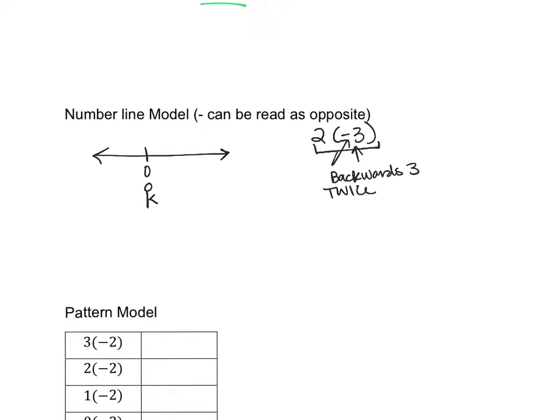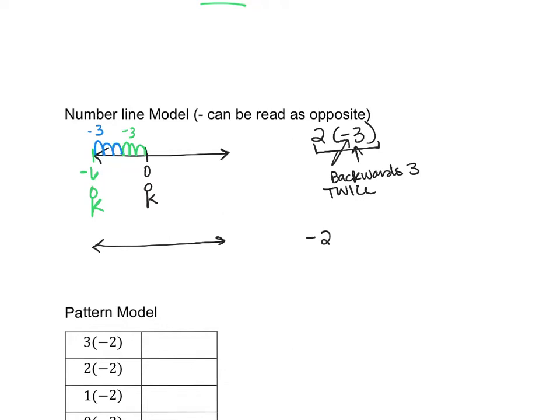So what that would look like is you walk backwards 1, 2, 3, but you have to do that one more time, so you do that in different colors. 1, 2, 3. And then all together, you are now here at -6, and you're still facing that way. So then what about if we have